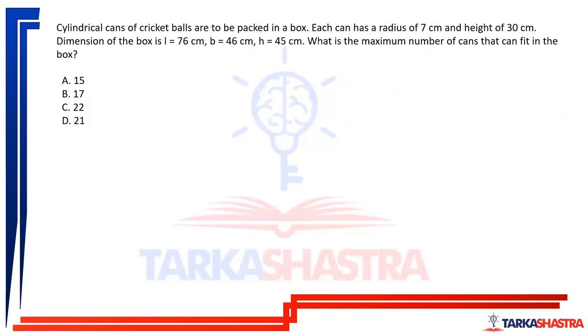Next, cylindrical cans of cricket balls are to be packed in a box. Each can has a radius of 7 centimeter and height of 30 centimeter. Dimension of the box is given to us. What is the maximum number of cans that can fit in the box? So now there is not a lot of formula needed, a bit of visualization is needed. So dimension of the box is given to us that its length is 76, breadth is 46, height is